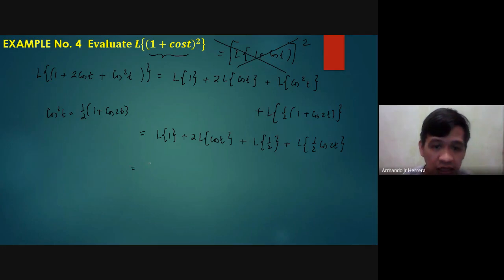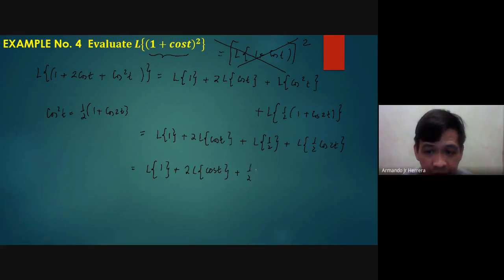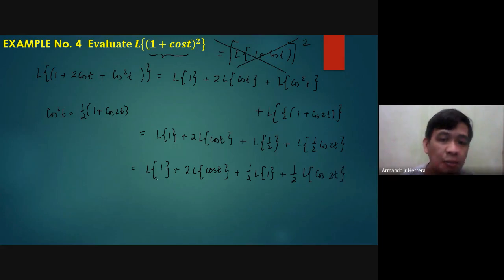Then that gives us the Laplace transform of 1 plus 2 Laplace transform of cosine of t plus 1/2 Laplace transform of 1, because 1/2 times 1, the 1/2 must be put outside. Then we have 1/2 Laplace transform of cosine 2t. Then the Laplace transform of 1 and the Laplace transform of 1, merong 1/2, merong 1, so that gives us 3/2 times the Laplace transform of 1